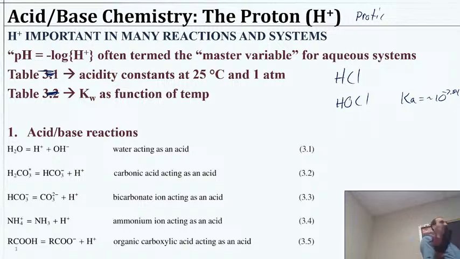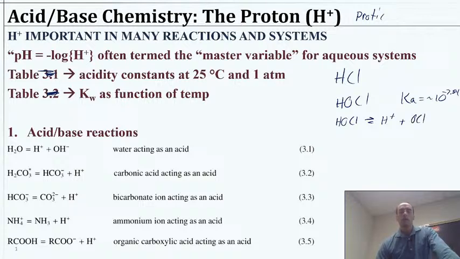That means that at pH 7.5, there's equal amounts of OCl minus and HOCl, because that's going to be an equilibrium with giving off that proton, and then the result will be an OCl minus hanging out in solution. So at the pKa for a given substance, there's going to be equal amounts of the dissociated versus the still